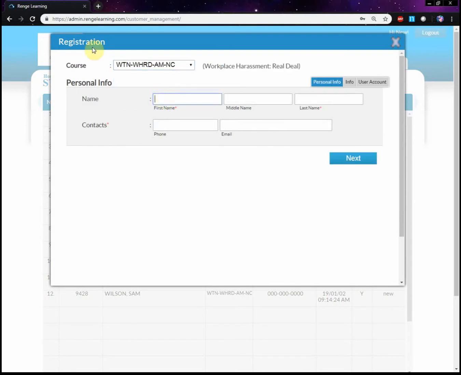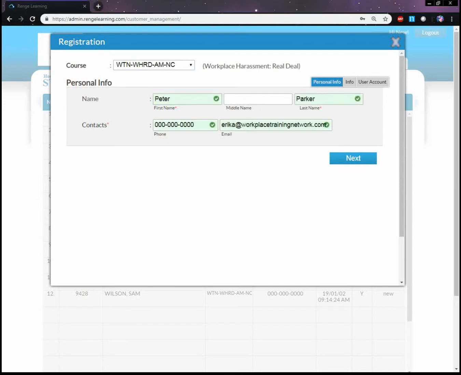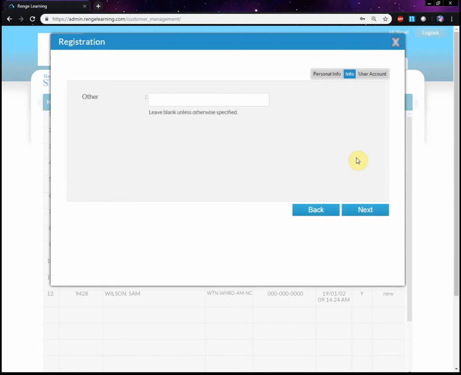You'll go ahead and enter in all of the applicable information. Once you have that information, you'll click Next. If there is any other information you wanted to track, perhaps you have multiple locations and you want them to enter in the states, you can go ahead and do that here. 99% of our clients do not use this field, so if you have no pertinent information to track, go ahead